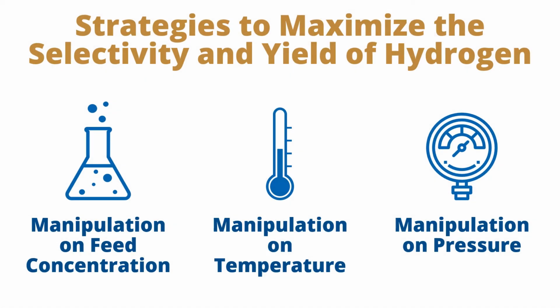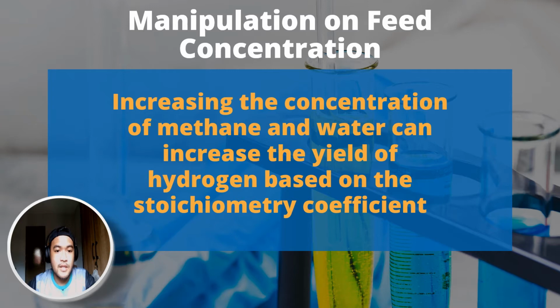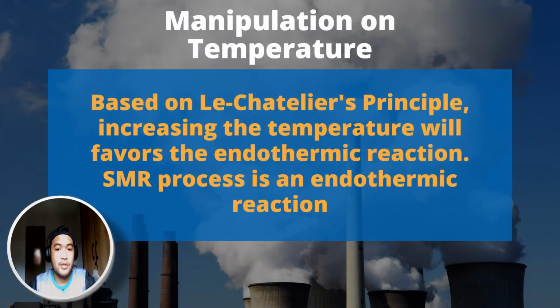Next, I will be explaining the strategy to maximize the selectivity and yield of hydrogen, which are manipulation of feed concentration, manipulation of temperature, and finally manipulation of pressure. For the manipulation of feed concentration, increasing the concentration of methane and steam can increase the yield of hydrogen based on the stoichiometric coefficient. Next, manipulation of temperature. Based on the Le Chatelier principle, increasing the temperature will favor the endothermic reaction, where the SMR process is an endothermic